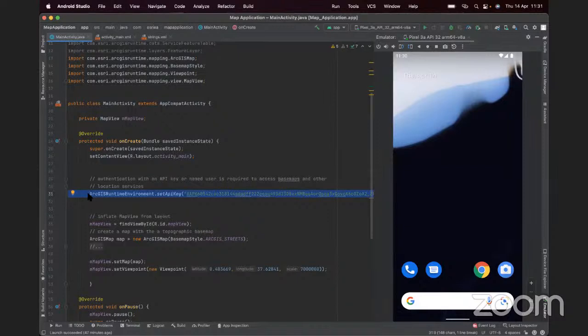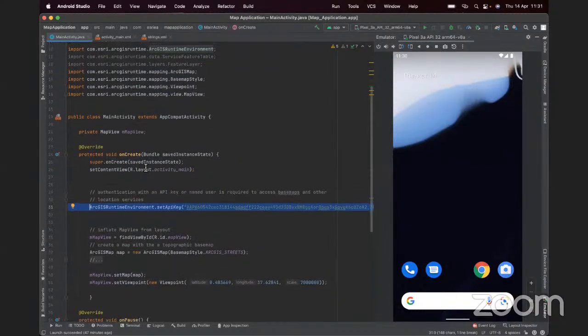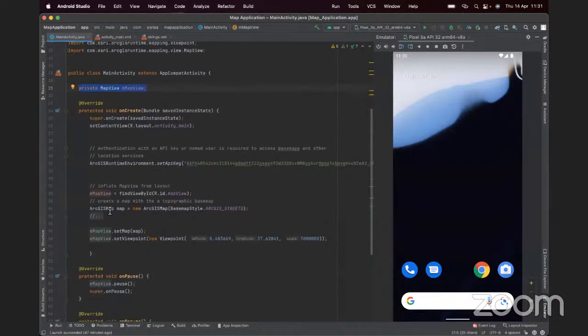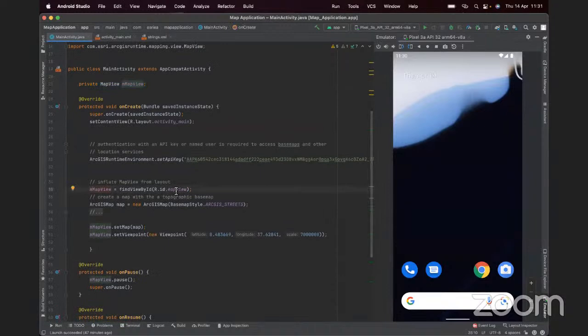authentication that we provide, right? You can do this through the API keys. You can do this through the license keys that we provide, depending on how you want to go about it. All the guides on how to do this are available. So you realize that the first thing I've done is I've declared a map view because I want to put my map inside the map view. So I've declared my map view here, and then you can see that here I've initiated my map view